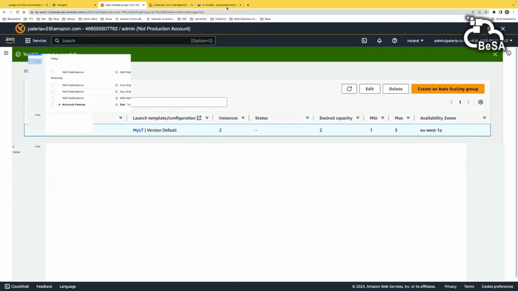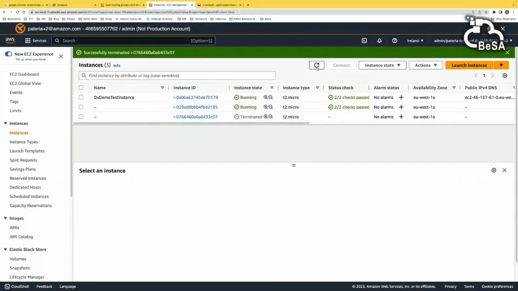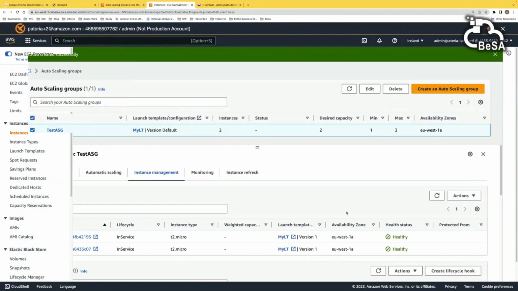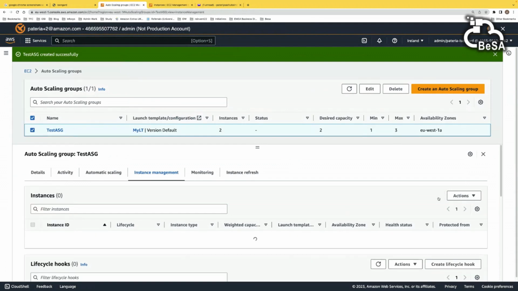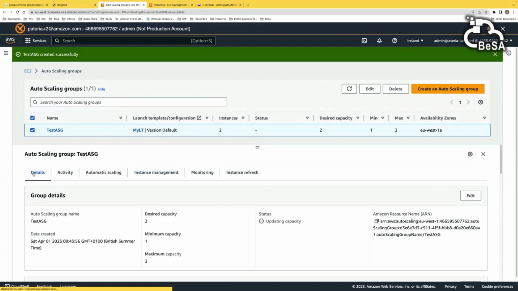And let's see if we get any notification also. So there is a health check wait period, so it needs to expire before it actually triggers.